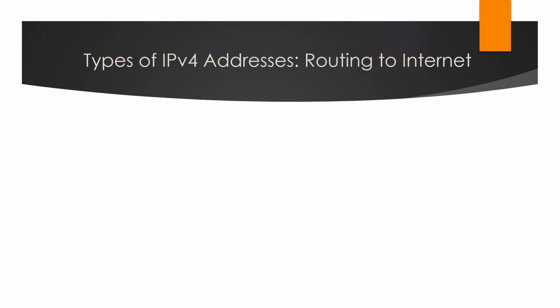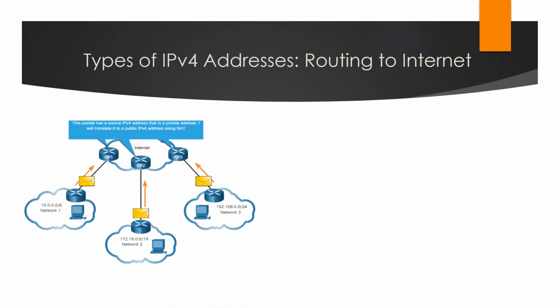You should know that most internal networks, from large enterprise to home network, use private IPv4 addresses for addressing all internal devices, including hosts and routers. However, these private addresses are not globally routable. In this figure, we have three customers at the network 1, 2, and 3 and are sending packets outside their internal networks. These packets have a source IPv4 address that is a private address and a destination IPv4 address that is a public